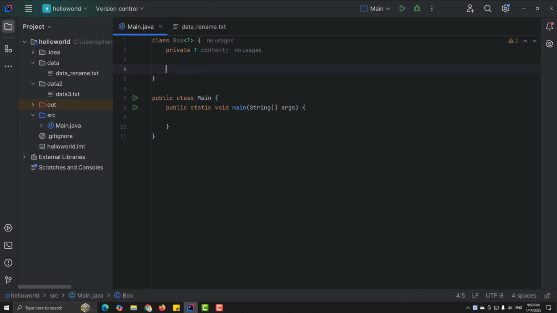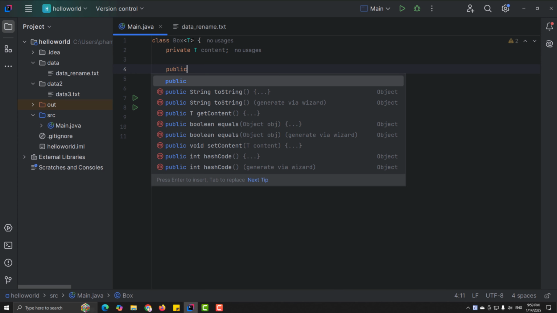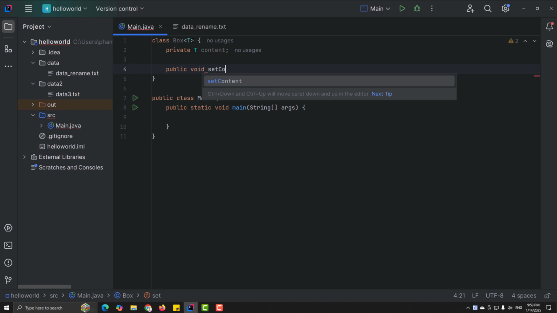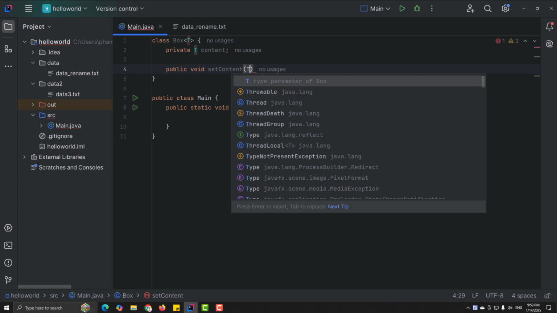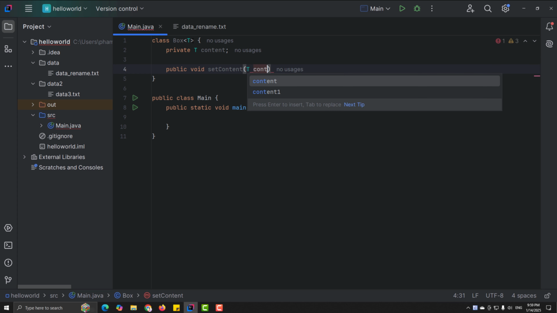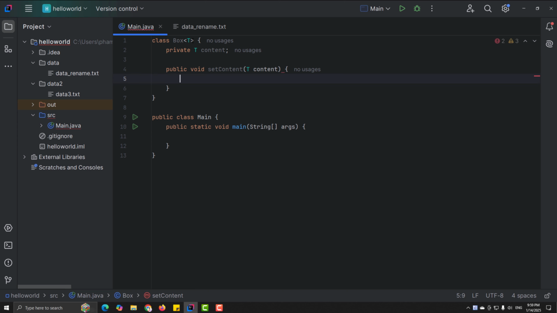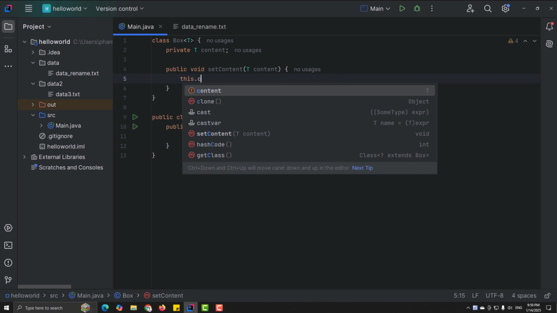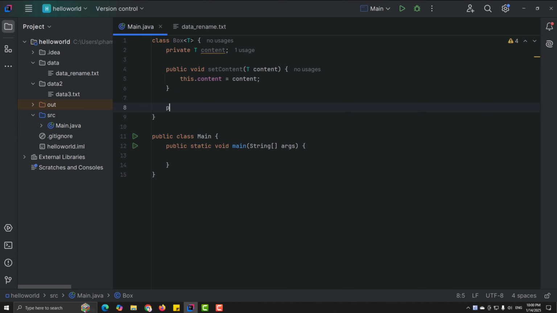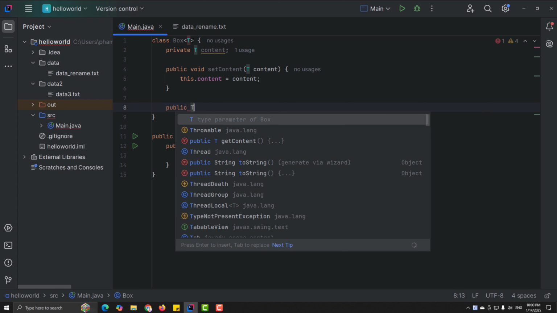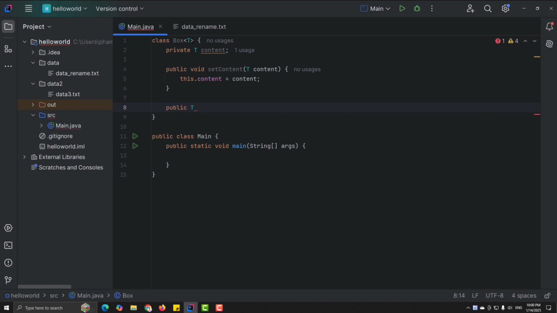For the constructor, we won't create one. We will create a method to set the content, and we will put a type for the data type T and content, and we also assign a value for the content like this. And we also create the getter, and the getter will get the content and return the T data type like this,